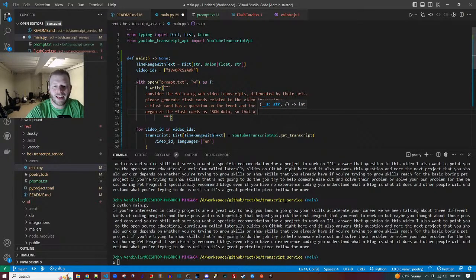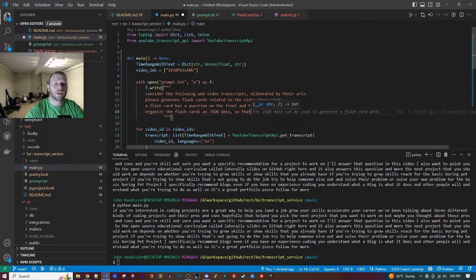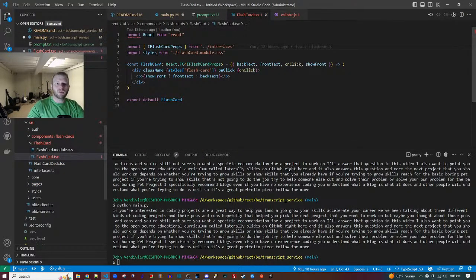I don't want to say so that the web app can display them, because it might not be consumed directly. It might go into the database. I just want to say organize the flashcards as JSON data, and they should be able to comply with the model.